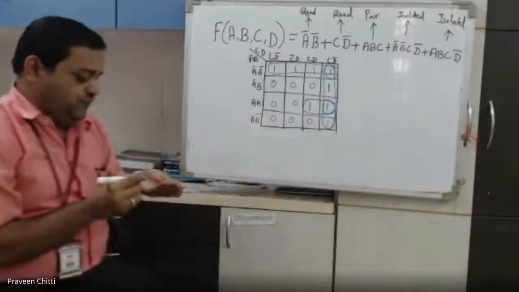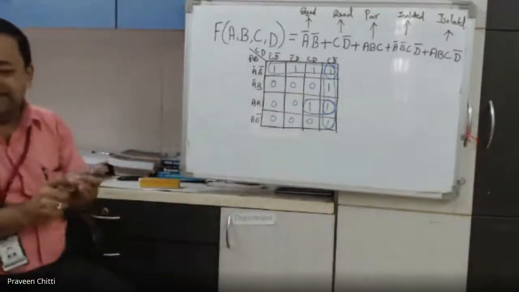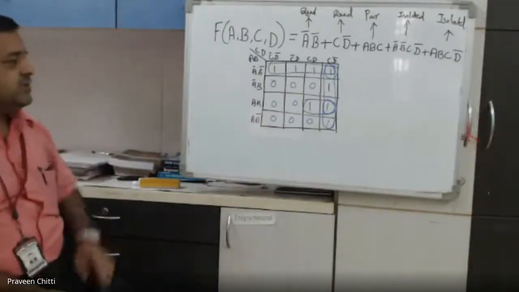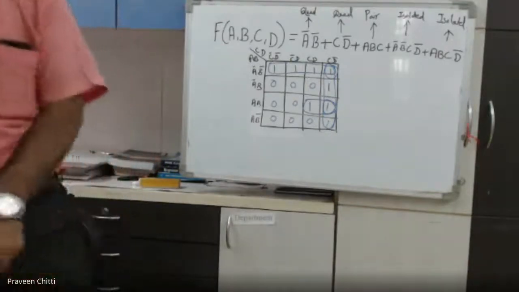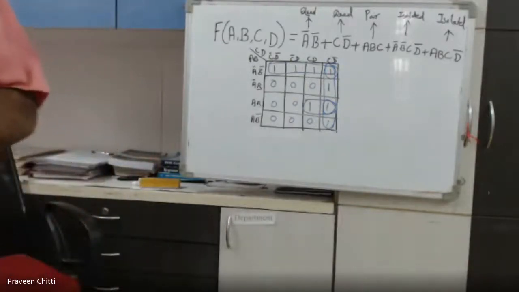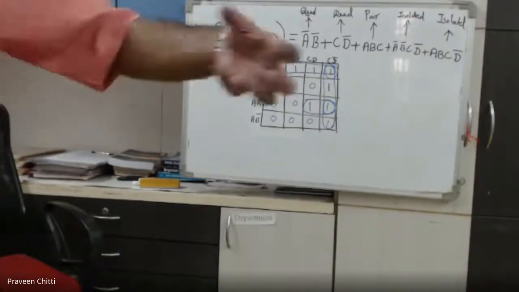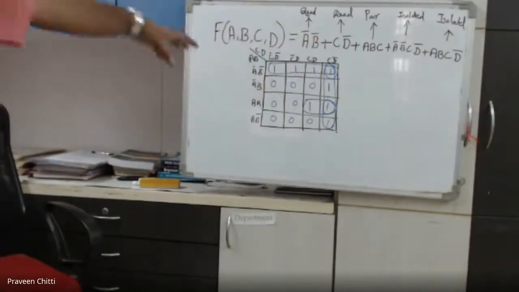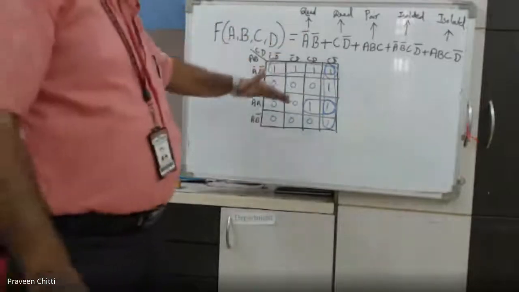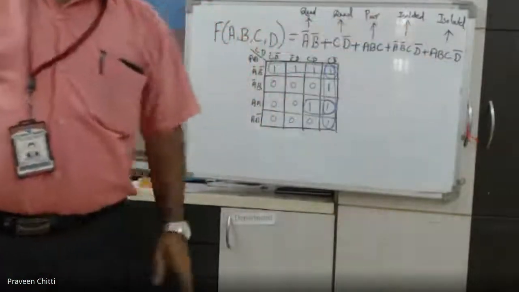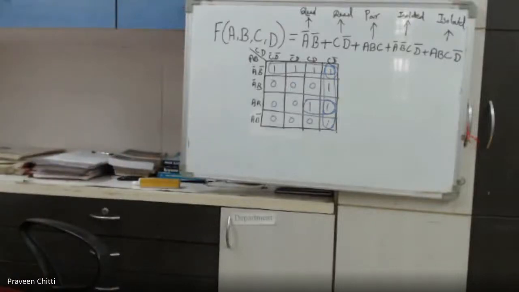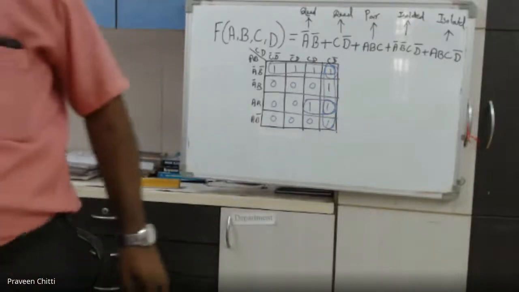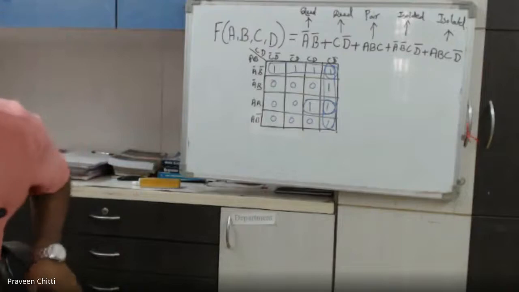This is how we can get the K-map drawn from the given expression without simplification. So here I have explained both the methods: how you can expand the given expression and then write the K-map, and how you can write the K-map without expanding the given Boolean expression. Right? I hope all of you have understood this. With this, we are closing today's class.